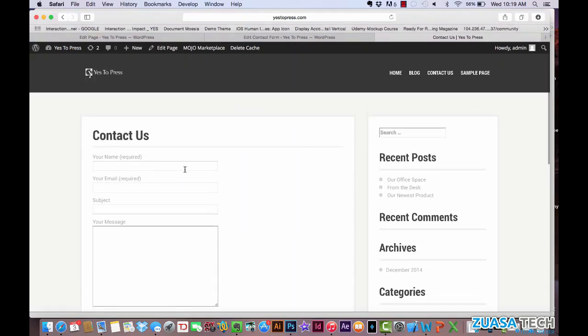So like I said, you can go and look up some Contact Form 7 stuff, how to make it look better if you want, or how to make more fields. But really quickly, if your